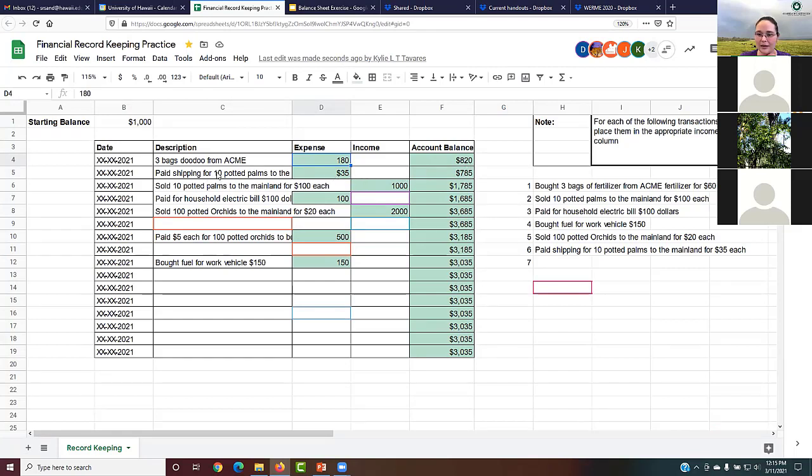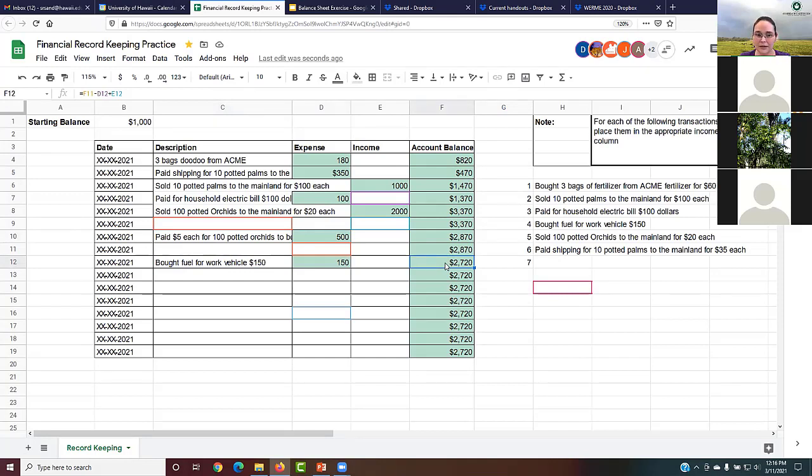We paid shipping for 10 potted palms, and that was $35 each, so I'll just change that really quick to $350. And then sold 10 potted palms at $100 each. Yes, that was $1,000 into income. Thank you. Paid for household electric bill. Okay, $100, and then sold 100 for 20 each. Good job, 2,000. I paid 5 each for 100 of these, 500, and then yes. So our final account balance is